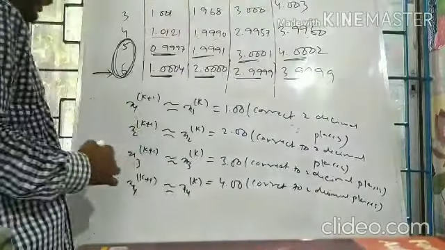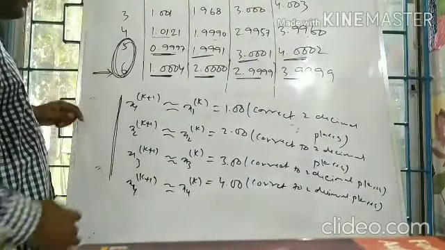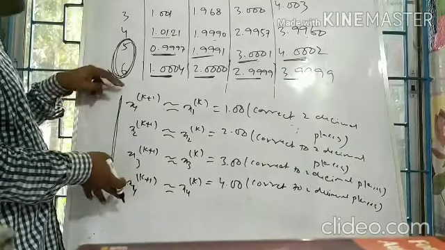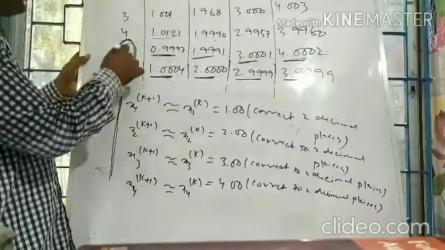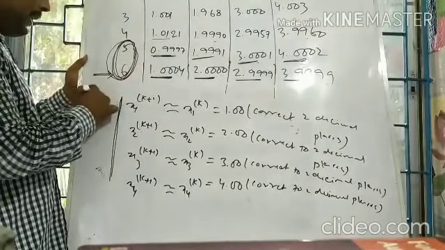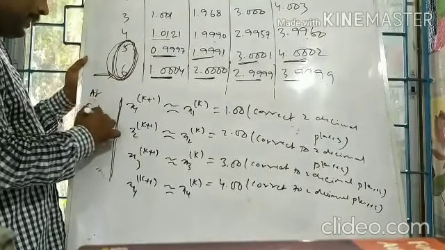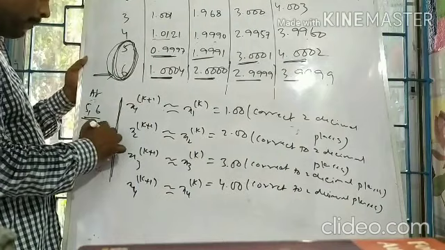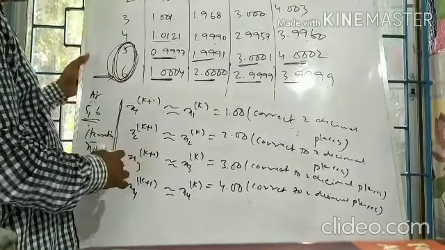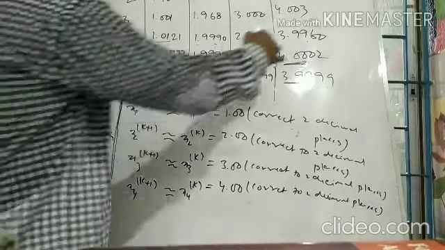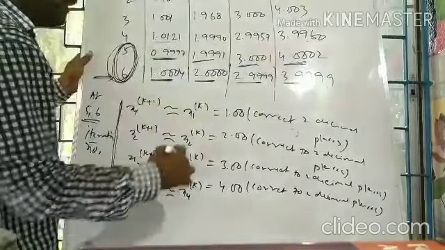Okay, so x1, x2, x3 and x4, these four variables, two consecutive iterative values for these four variables are approximately equal at iteration number 5 and 6. Okay. So we can stop. So the solution of the given system of equations is